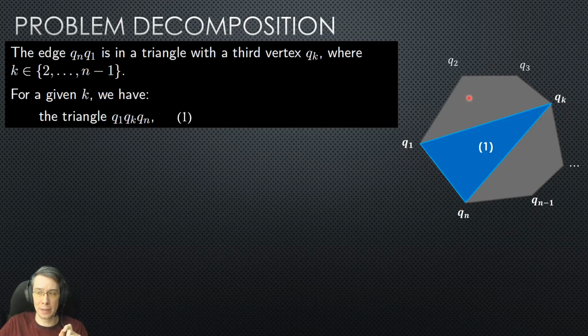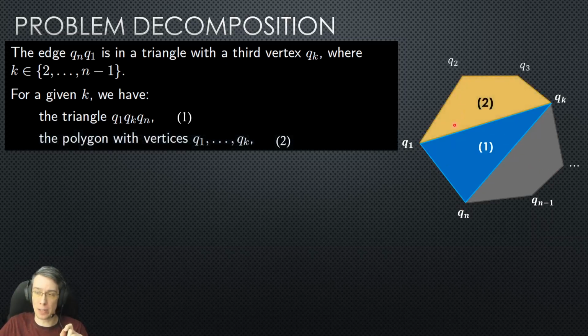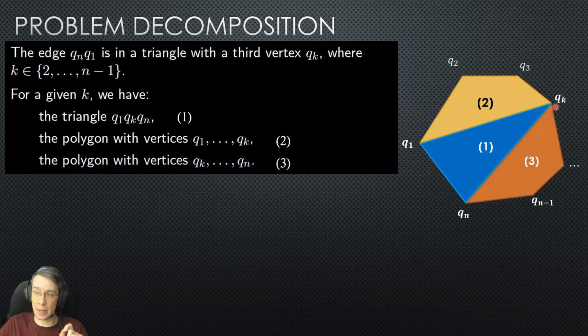And then we have some other parts here, right? We have this polygon here with vertices q1, q2, q3, all the way up to qk, and then back to q1. And we have this polygon here from qk, qk plus 1, qk plus 2, all the way up to qn, and then back to qk, right? So by considering this edge from q1 to qn, which must participate in a triangle, and then fixing the third point on that triangle, qk, we've divided the problem into a triangle and then two other polygons, two other convex n-gons,